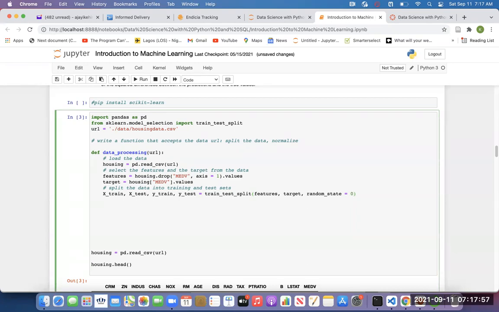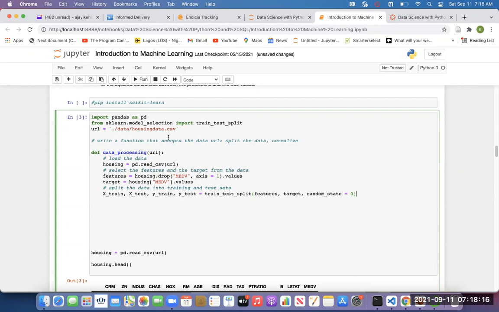It's just like a seed that you are setting for reproducibility, to make sure that you are selecting the same data every time. Okay, so that's what the random state is. If you don't put it, you are not going to get an error, but it's selecting different data at different times.